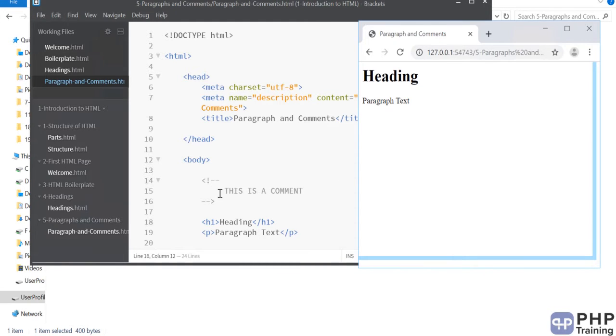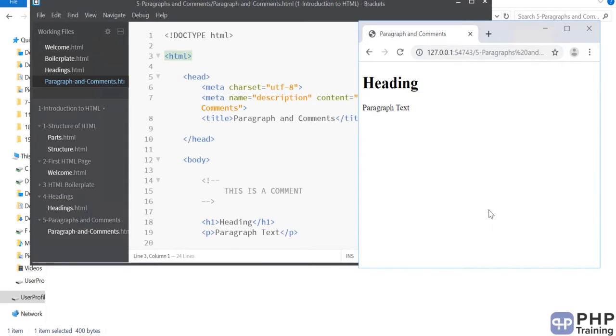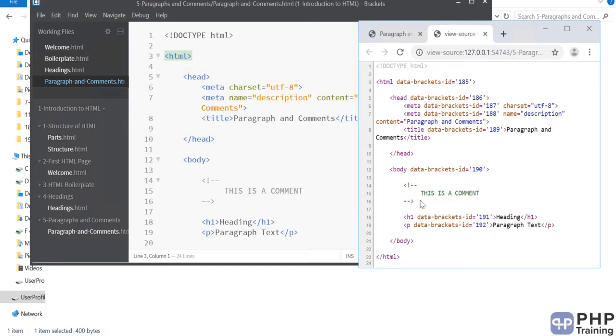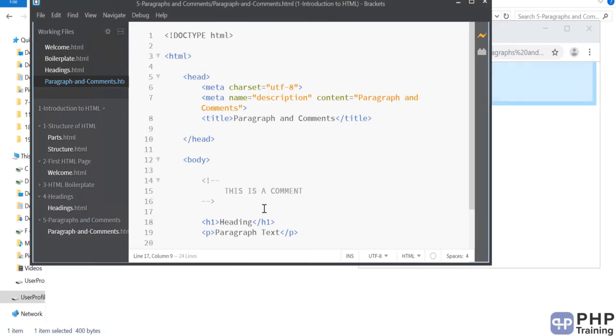So if you look at this, you cannot see the comment here. If you right click and say view page source, then you can see the comment written in the HTML, but obviously you cannot see that comment on your web page. All right, and this is the only comment that is available in HTML. Typically comments are single line or multi-line, but here everything you write is a comment using this.